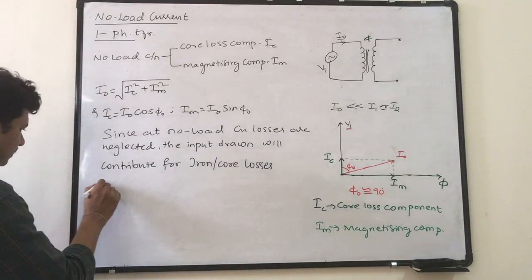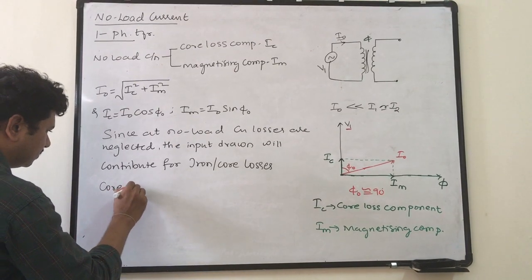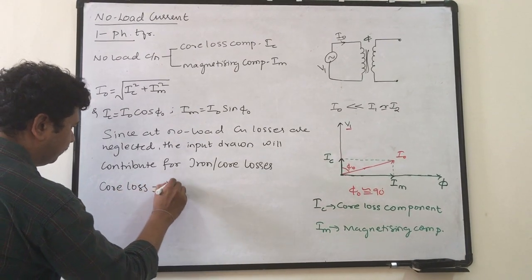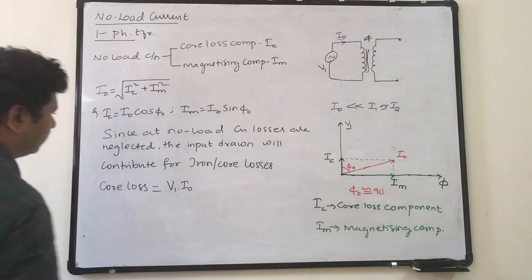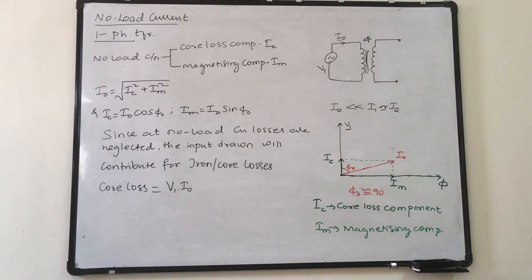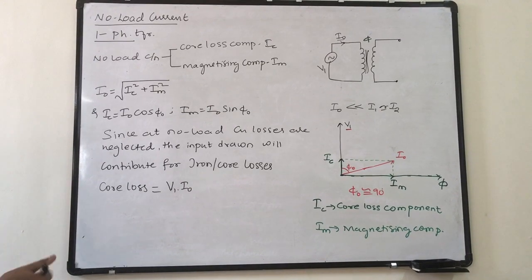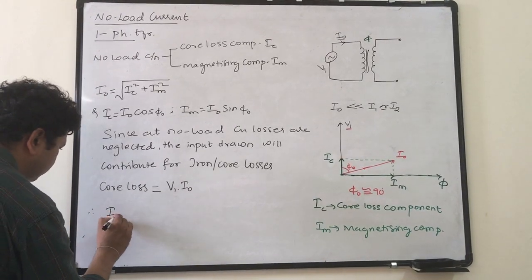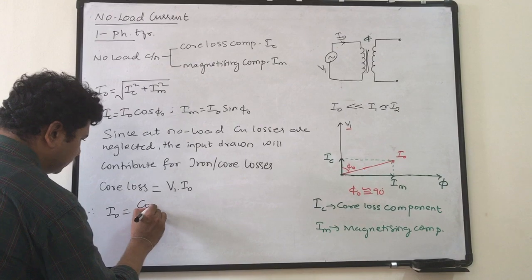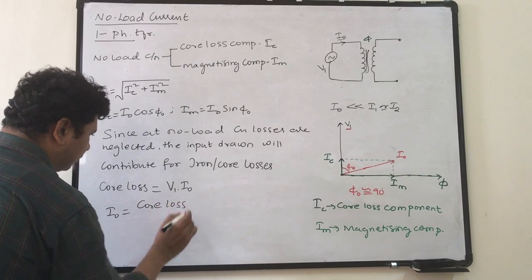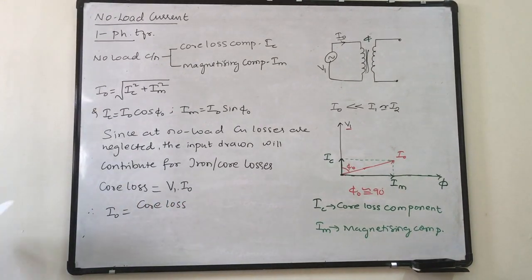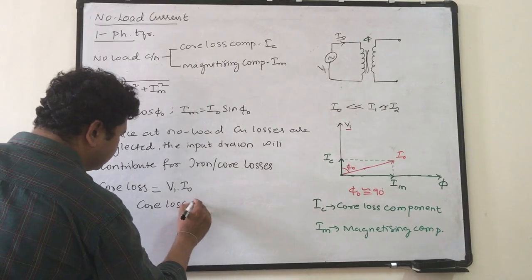Therefore, core loss is equal to V1 into I naught. Okay, core loss is equal to V1 into I naught. Therefore, I naught is equal to core loss, in watts,